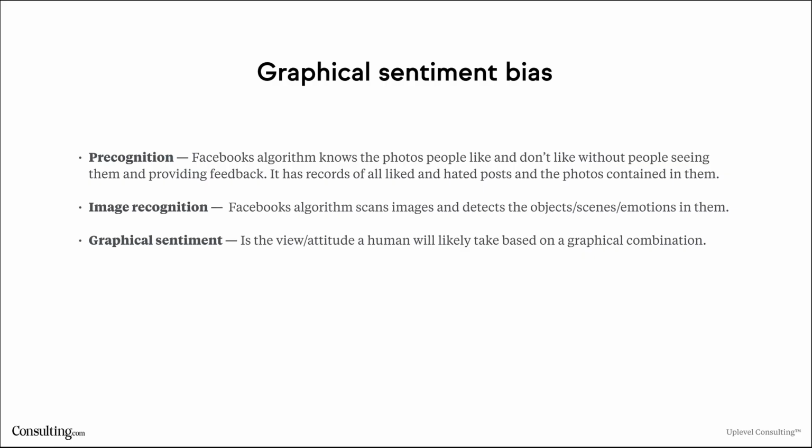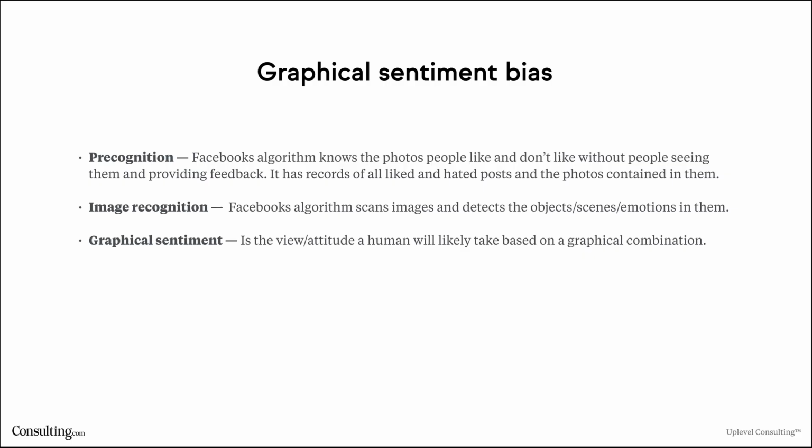And so, unlike words, words are easier because Facebook's algorithm can just look at the words and find, hey, these words were here, these words are there, so it's probably like this. But with images, it's harder because images don't contain words. But what do they contain? They contain pixels and objects and things. And so Facebook's algorithm can actually run image recognition, and it can find objects within images. And if it runs a nearest neighbor sort of algorithm through its database of all posts and images of all time, it's looking for images that look like this image or images that contain objects that this image contains, and whether